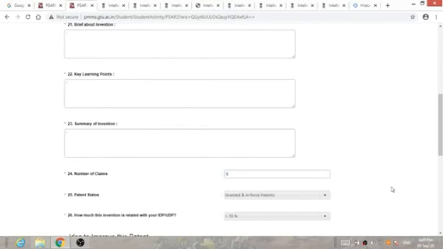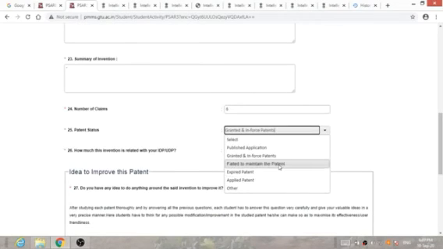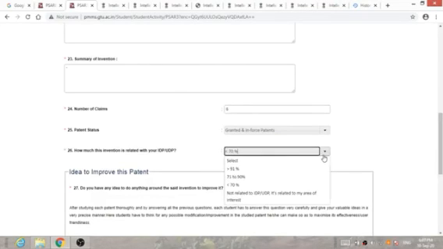Clear? Now next is patent status. That means whether it is published, granted, failed, expired, applied or other. The particular patent that I have selected over here is granted. Next you have to answer how much this invention is related to your IDP and UDP.